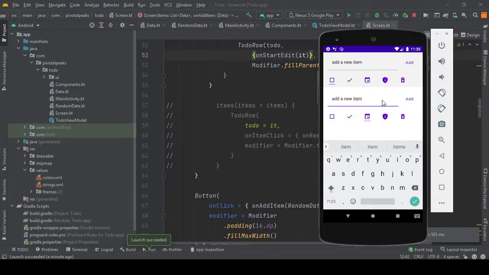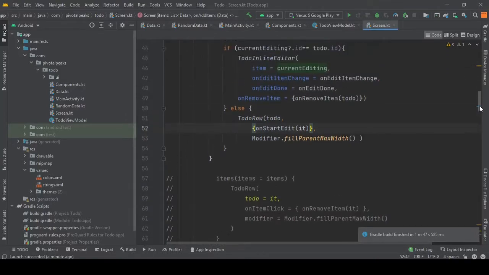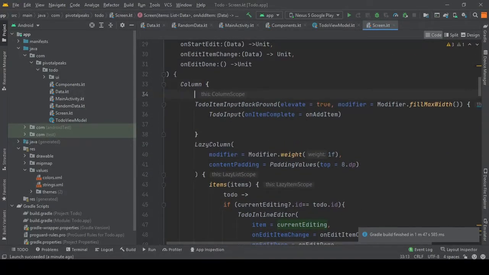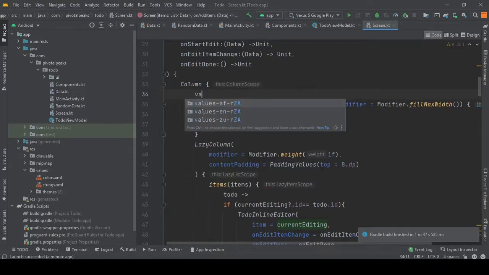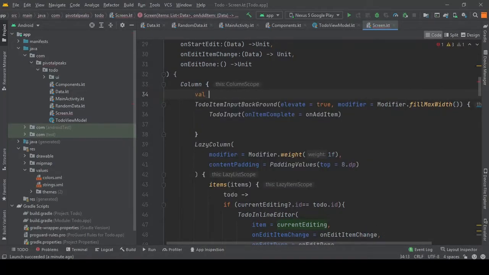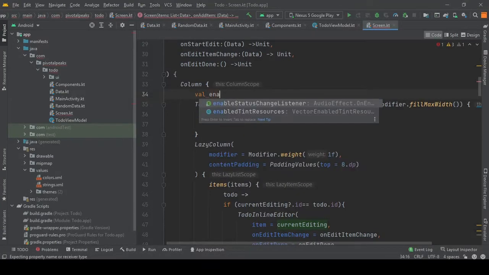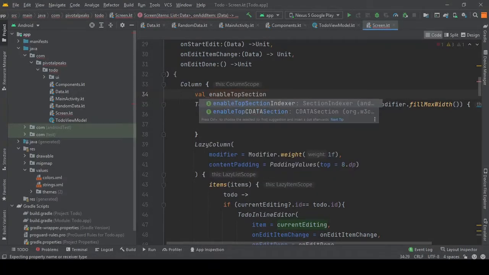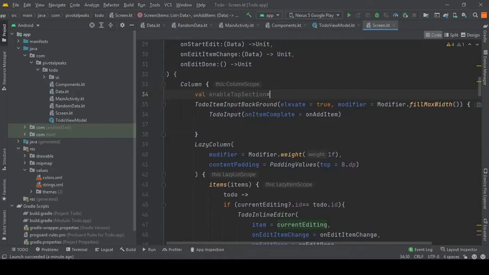So after column in to do screen, let's define a new value for enable top section, and we are going to see if currently editing is null or not null.